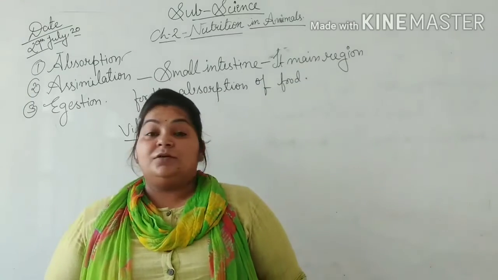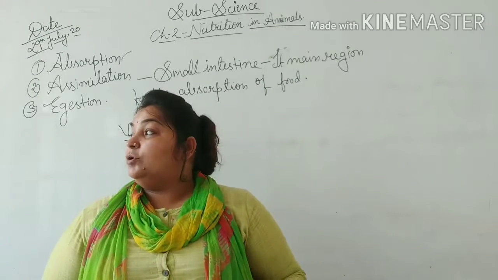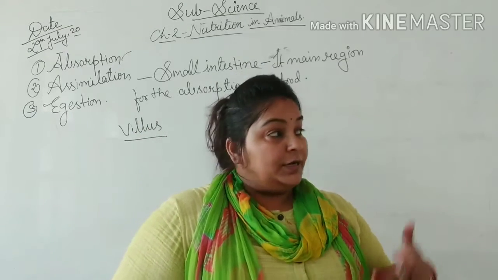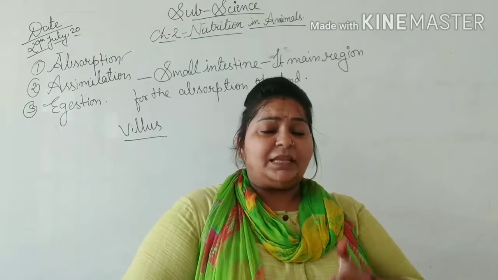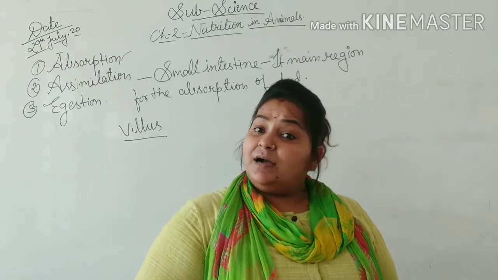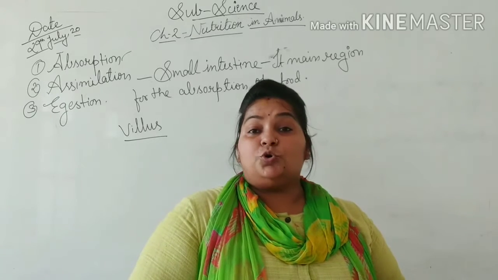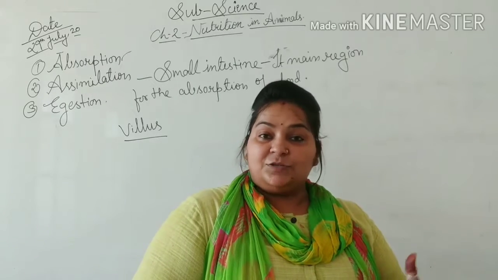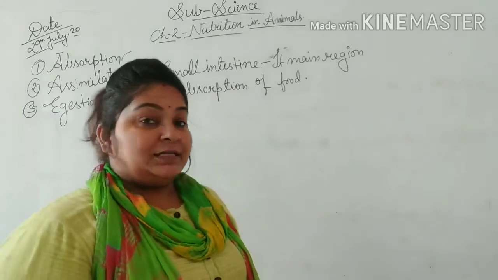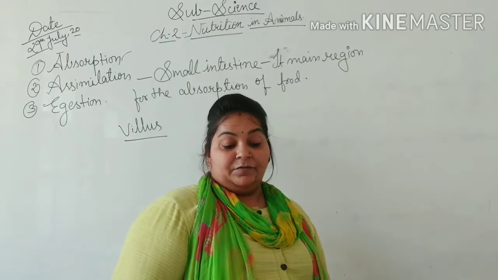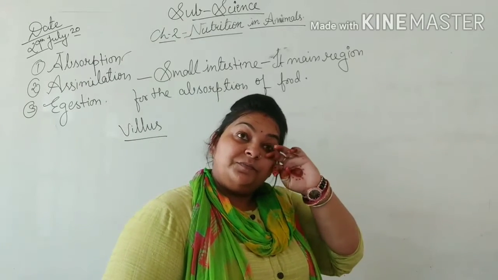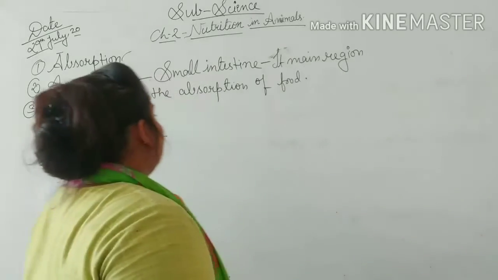The food we take is not totally used at once, so we store it also. Day by day, on a daily basis, you work hard, and for that we store some. Some is utilized by our body and the rest is stored. So the villus has a network of fine blood capillaries just beside the surface of the small intestine. Next comes